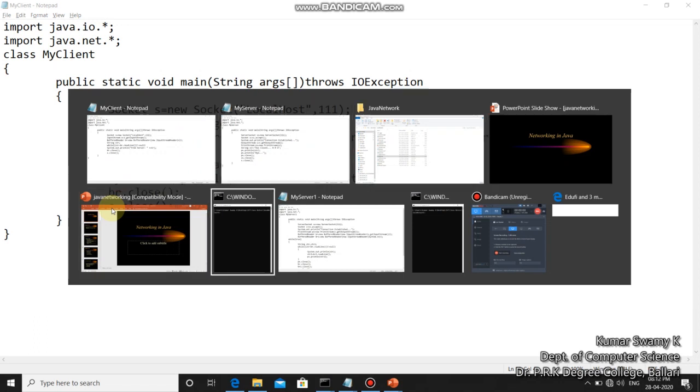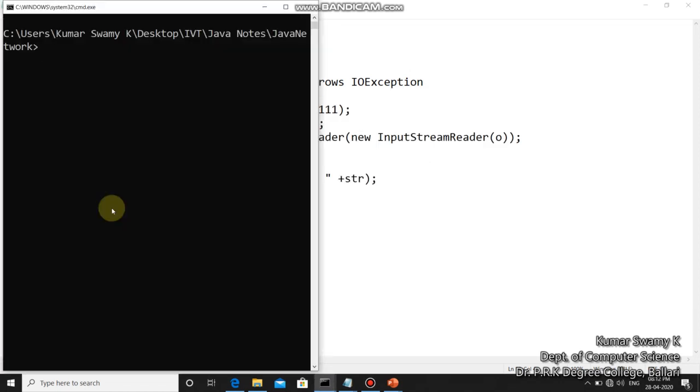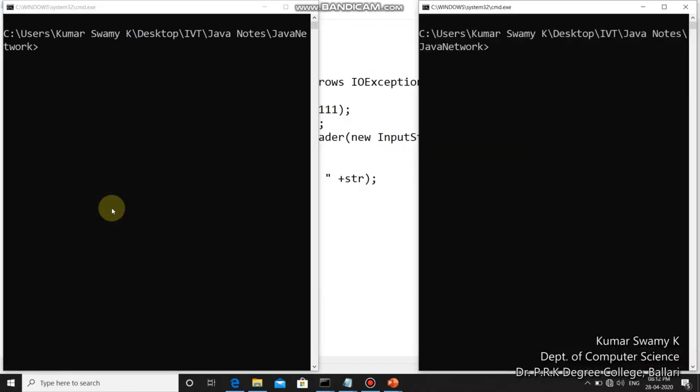So you could see that this is a server side command prompt, and the other one is the client side machine. Assume that this command prompt represents a server side machine, and this command prompt represents a client side machine. Let me compile the server side program, javac MyServer.java.